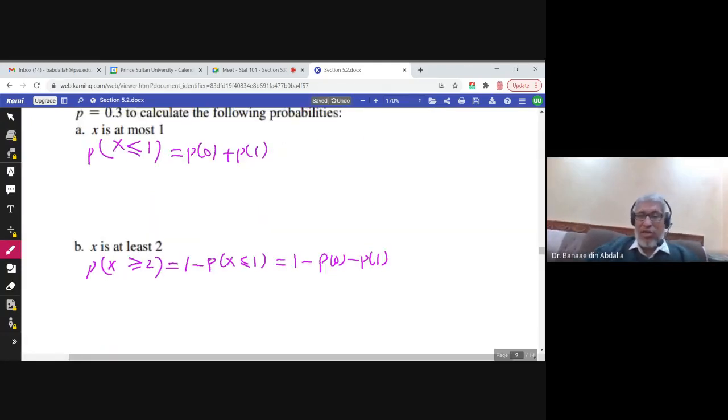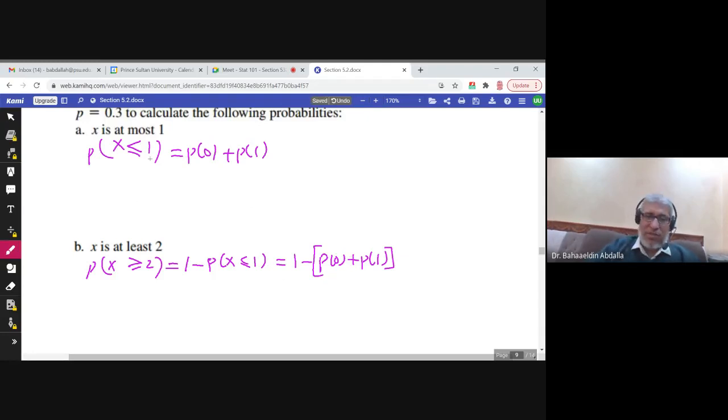At least 2, at least. So the minimum is 2. So x should be, in fact, greater than or equal to 2. So we need to find the probability of x ≥ 2. You can say it's 1 minus the probability of x ≤ 1. So you can say it's 1 minus the probability of 0 minus the probability of 1. You have to subtract 0 and 1, and this is already here. So if you want, you can write it like this. And the answer in part A, put it here, and this would be